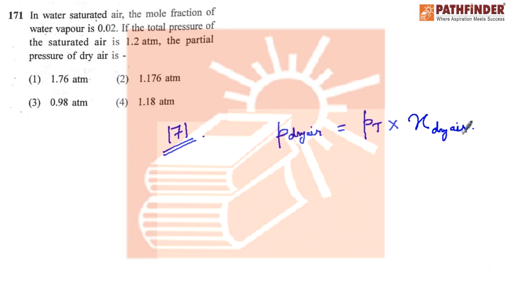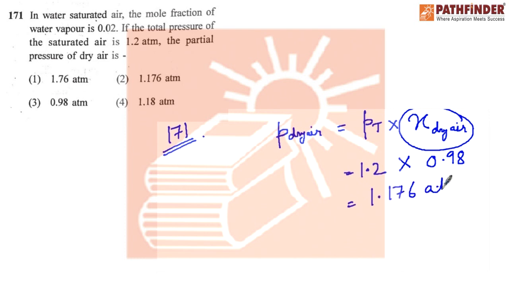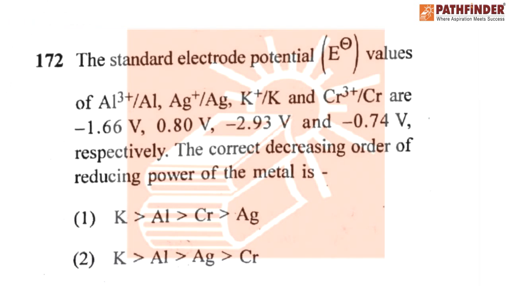The mole fraction of water vapor was given, as 0.02. So the mole fraction of dry air will be 1 minus 0.02, which is 0.98, and the total pressure given was 1.2. Just 1.2 times 0.98, if we do, it will come 1.176 atm. Okay, I think option number 2 was correct. Let's move on to the question number